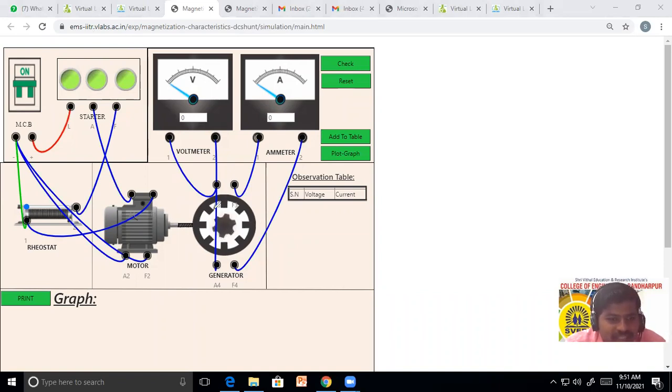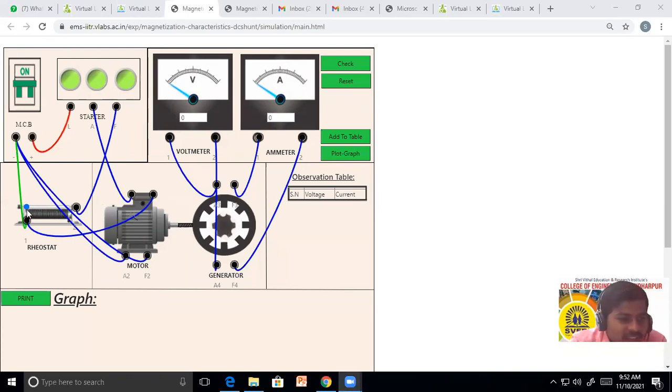So the generator starts rotating, because there is direct coupling between generator and motor. So when the motor runs, the generator starts rotating. We are using one motor and its shaft is coupled to the generator, that is a coupling set, motor generator set or MG set, and by switching on the MCB we have started the motor and generator. Now by varying the field current, that is by varying the value of resistance of the rheostat connected here, we will vary its resistance.